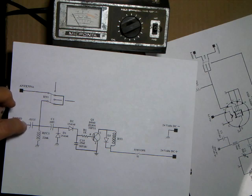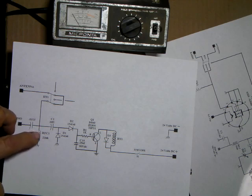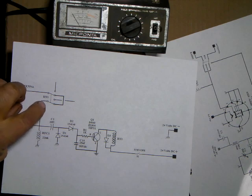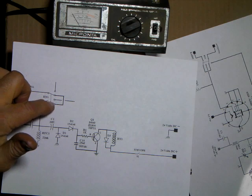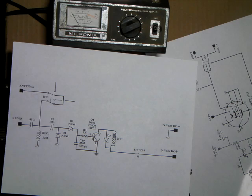There's a capacitor in line here. There's a little 22 microhenry choke. This is kind of a trick little thing in there. What this does, when the relay is switched to the tube, the cathode is grounded so that the negative can flow through that coil and into the cathode of the tube. And when the relay is in the receive position,